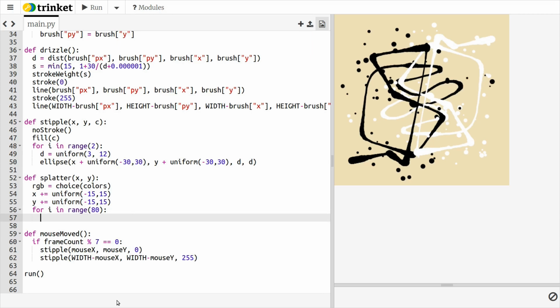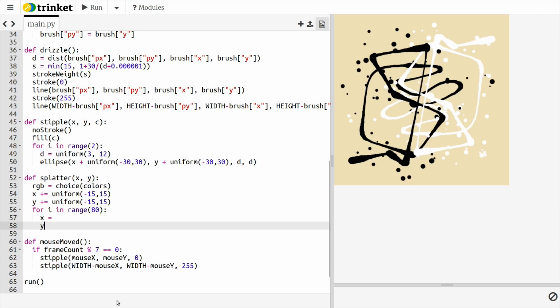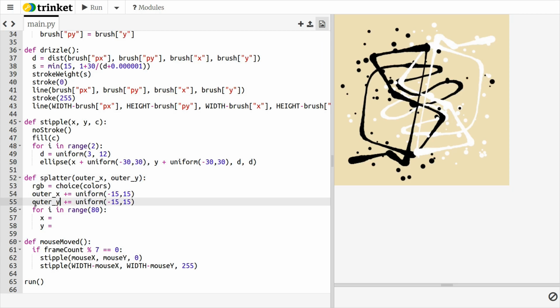And every one of these will have their own little x and y. And this is why here I can't really use x and y twice. And we'll just call this outer x and outer y, I think. Outer y. And now we'll say outer x and outer y up here. And now this is sort of the actual x, the inner x within the loop. And here we'll say that we'll take the outer x and the outer y, but now we'll add to that